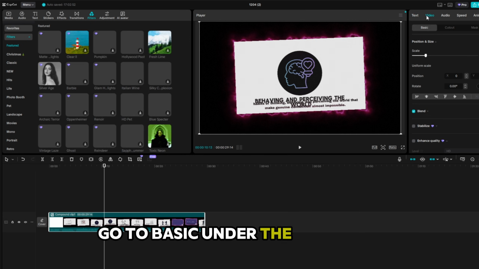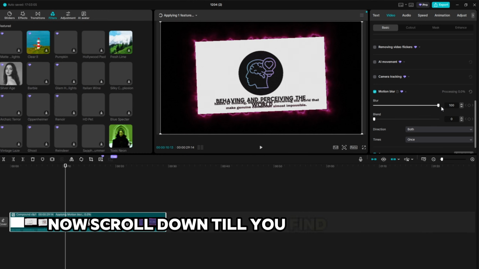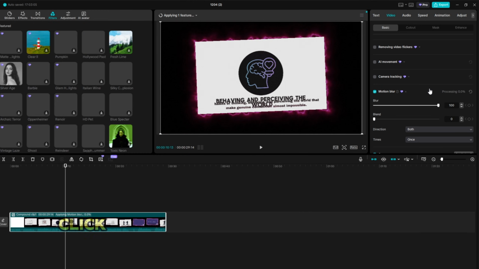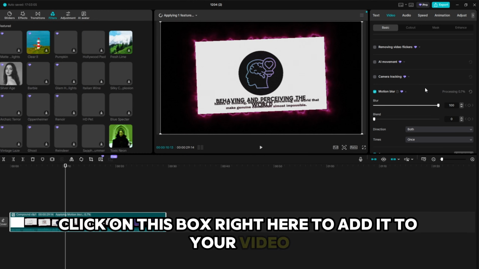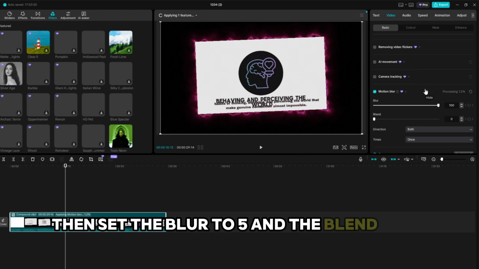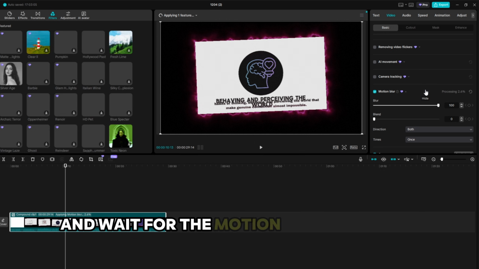Go to Basic under the Video tab. Now scroll down till you find the Motion Blur feature. Click on this box right here to add it to your video. Then set the blur to 5 and the blend also to 5, and wait for the motion blur effect to